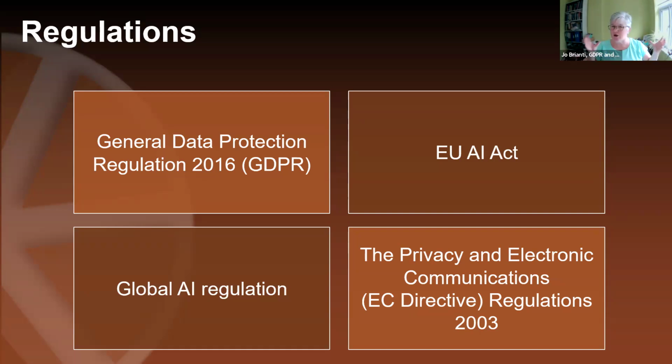However, there are other countries that are looking at AI regulation. Might not be relevant in the UK, but if you have a client in a country, that might be relevant. So we might need to just keep an eye on it rather than rush to try and fix anything today. We also need to think about PECR, Privacy and Electronic Communications Regulations. This is the one that covers our cookies, our email marketing, and those kinds of things. As we go through the presentation today, we'll be talking about data and we'll tag in how that's linked to those. So it's just an awareness.